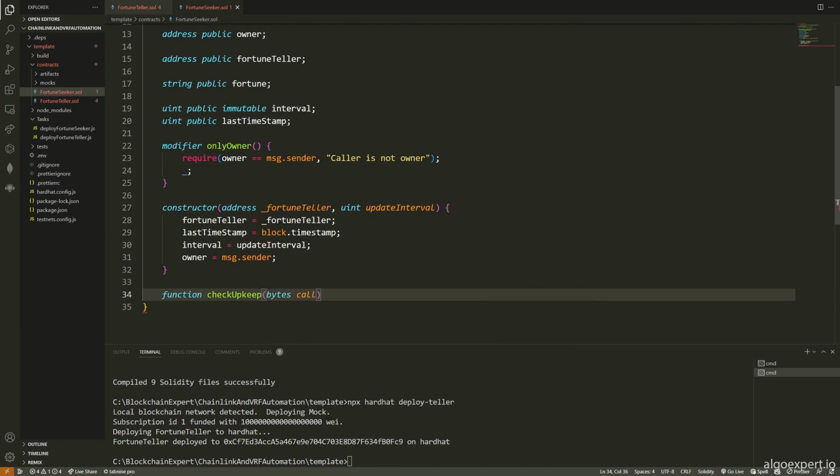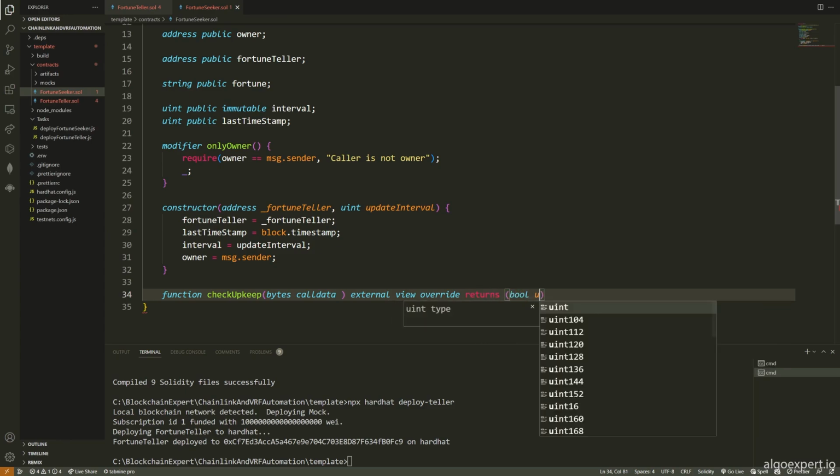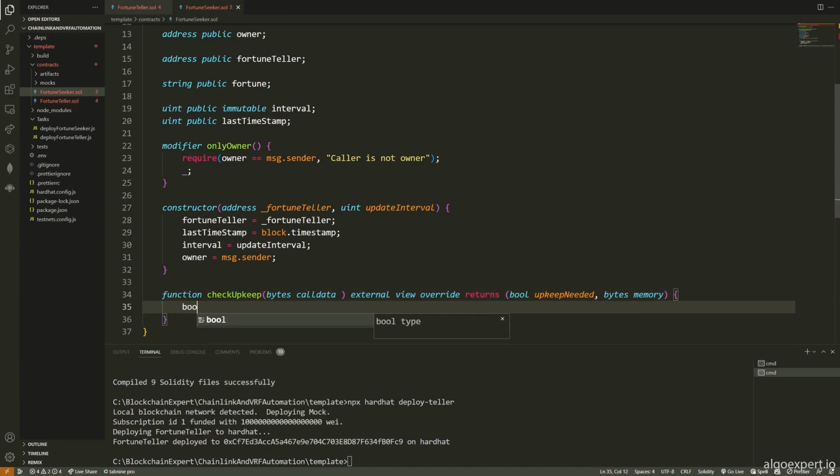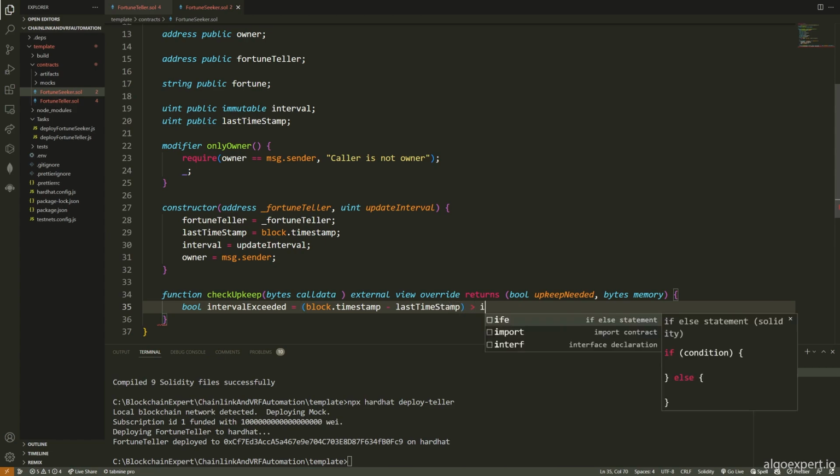We're going to say bytes and then calldata here as our parameter, and we don't actually need to put any name. Then we're going to say that this is an external view override returns, and we're going to return the boolean upkeepNeeded, and then bytes memory. Then what we're going to do here is say bool intervalExceeded is equal to the block.timestamp minus the lastTimestamp like so, and then that this is greater than